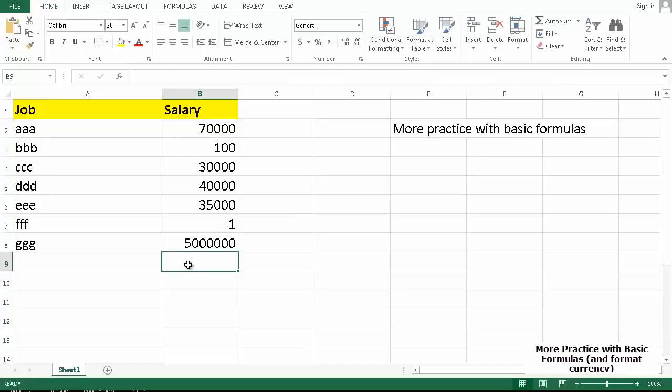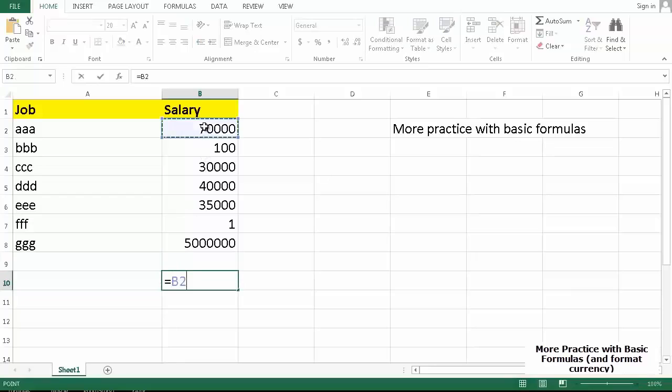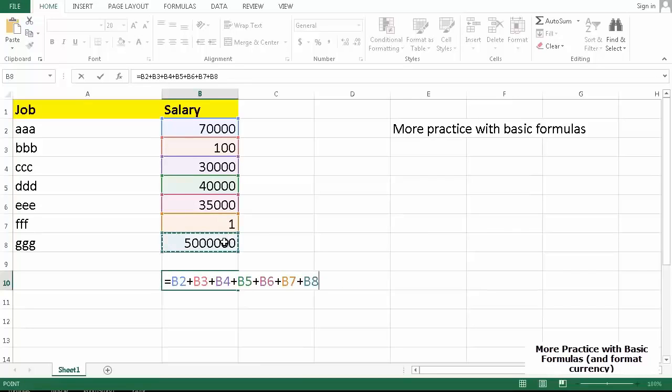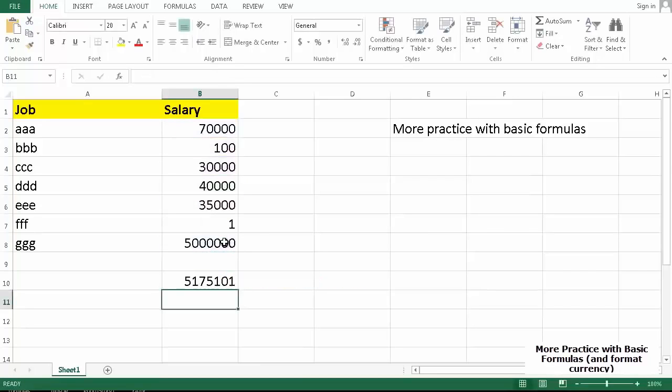Let's practice another formula. What if you want to add things up? You can type in equals. You can manually click on things. Plus this, plus this, plus this, and you can skip things that you want. Of course, this would be painfully slow. So the idea of using the plus sign is very useful, and you can add things up this way. I think I might have accidentally hit something wrong, but which goes to show you that you really should use